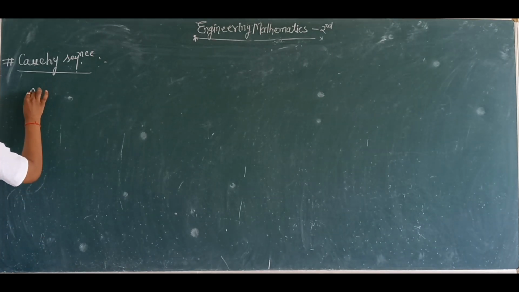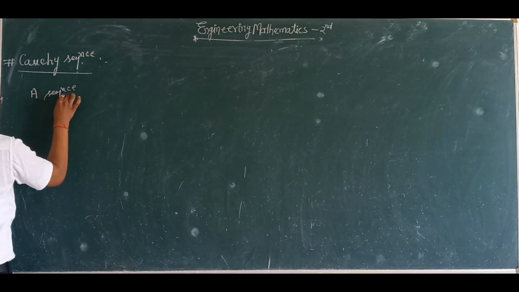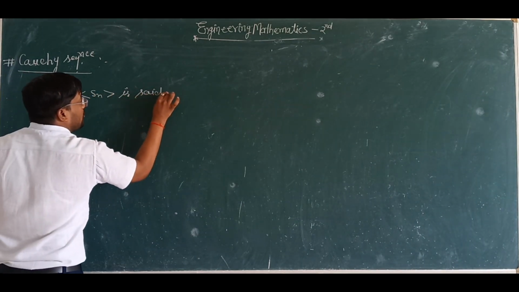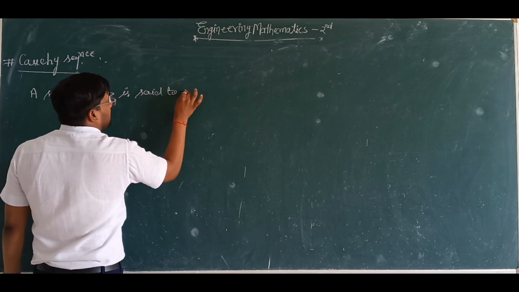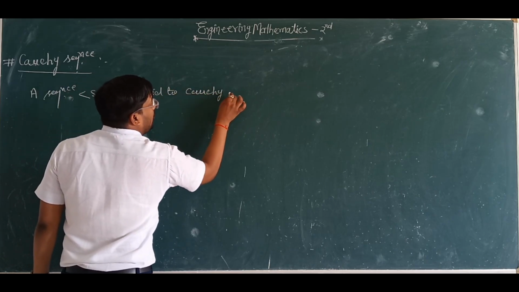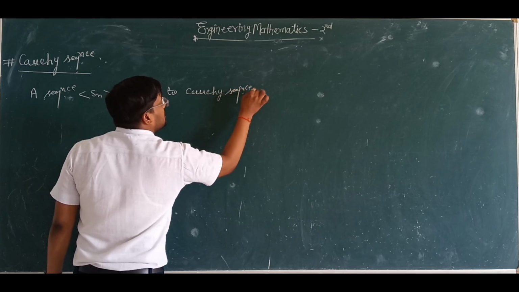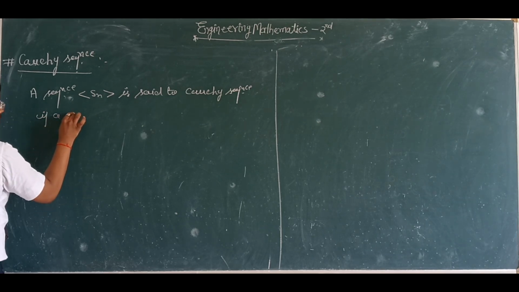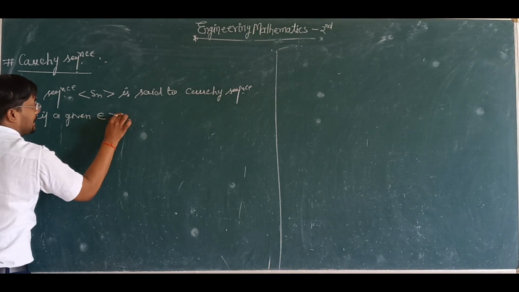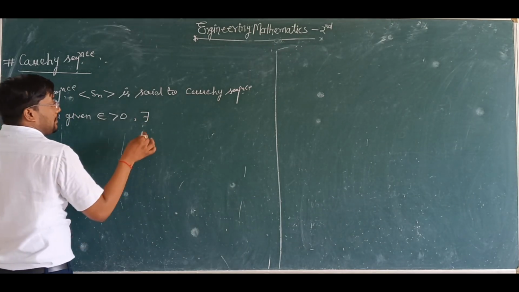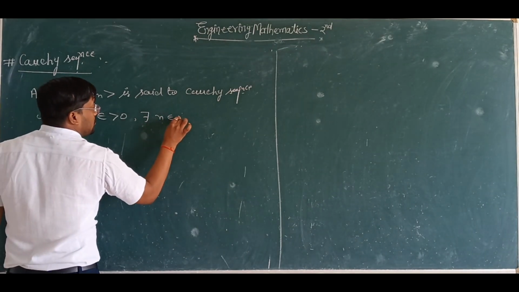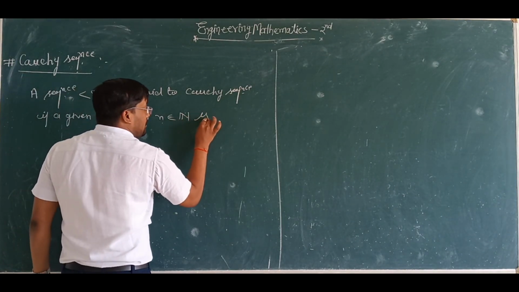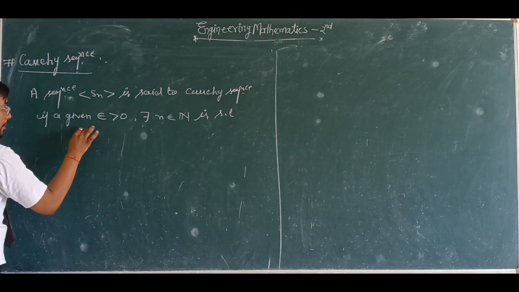Now you can note down: a sequence Sn is said to be a Cauchy sequence if, given epsilon greater than 0, there exists N belonging to capital N such that mod